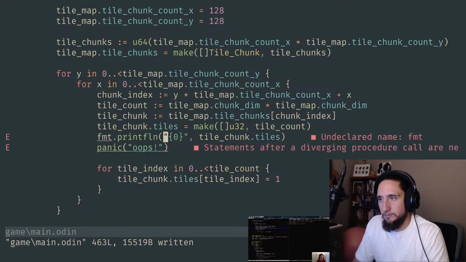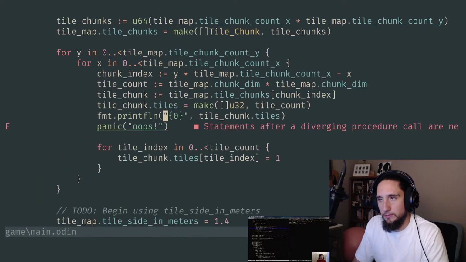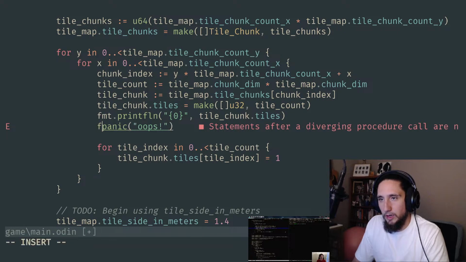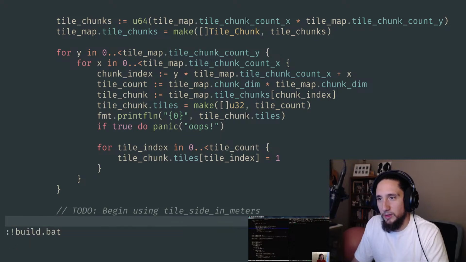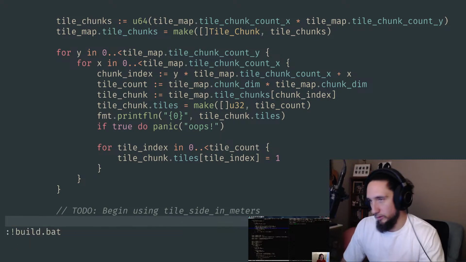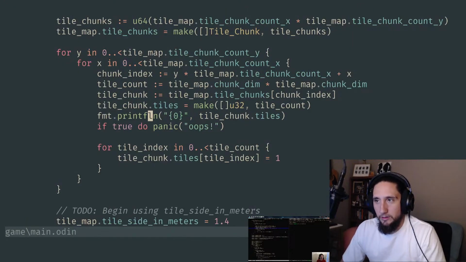Of course, I gotta re-import fmt. Okay, fine. It doesn't want me to just put in a panic that's always gonna trip, so I'll say if true is true, panic. I'm starting to panic, all right,